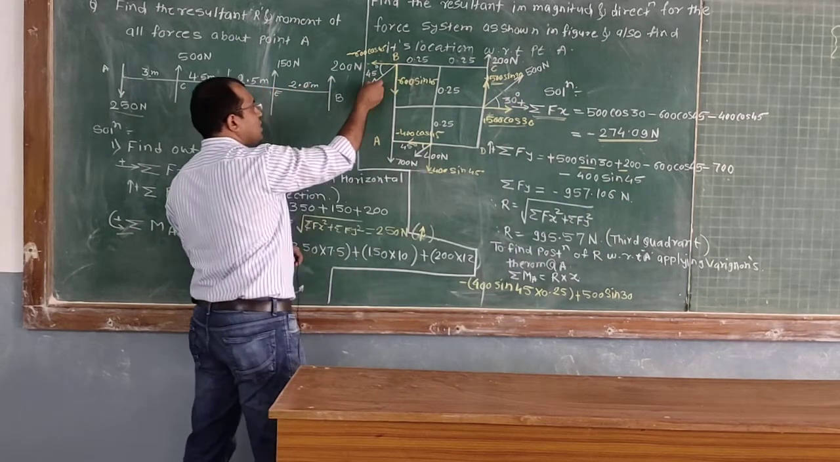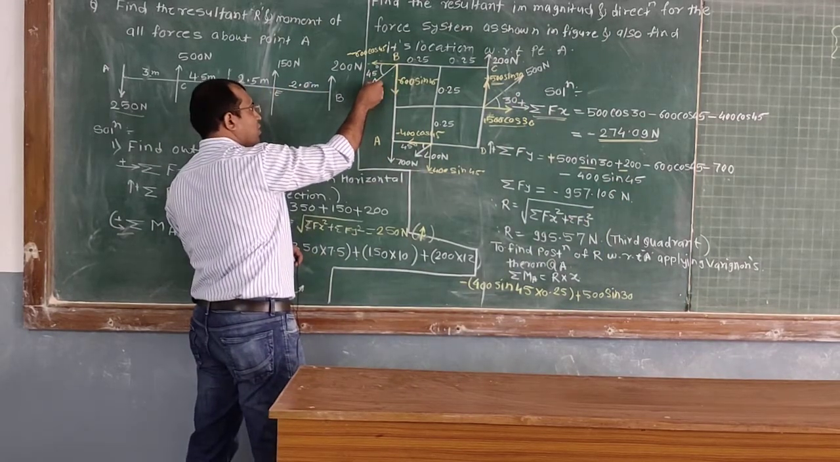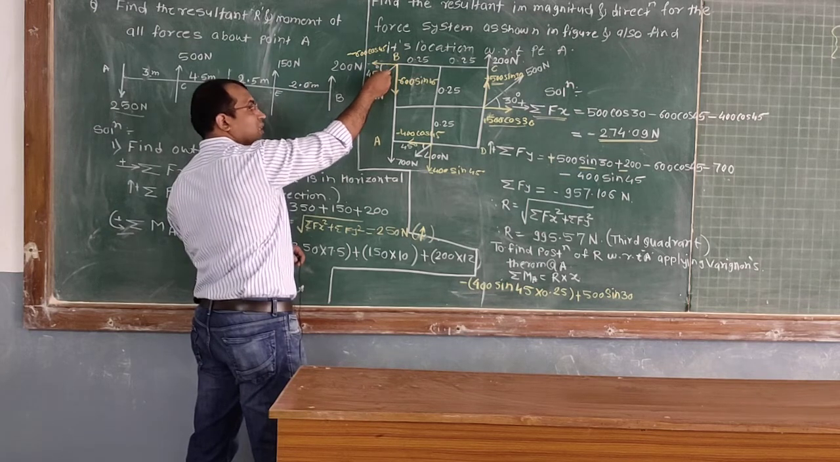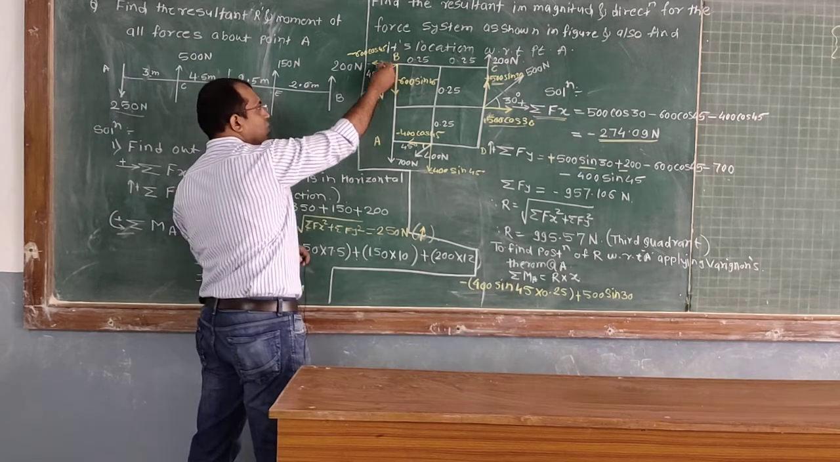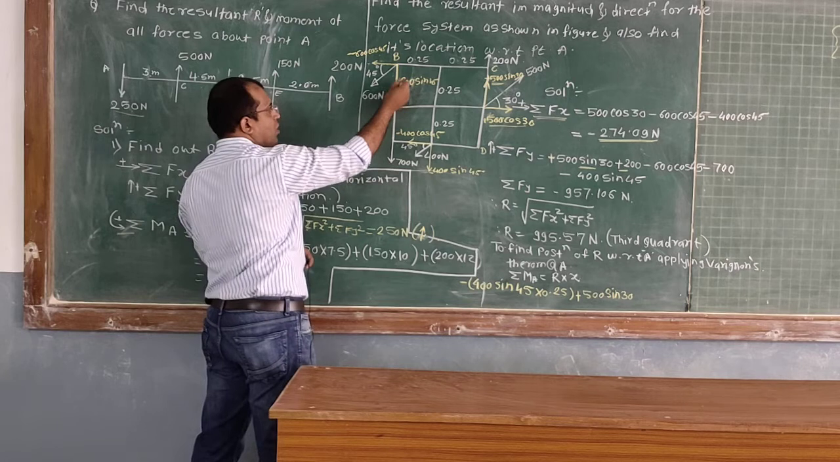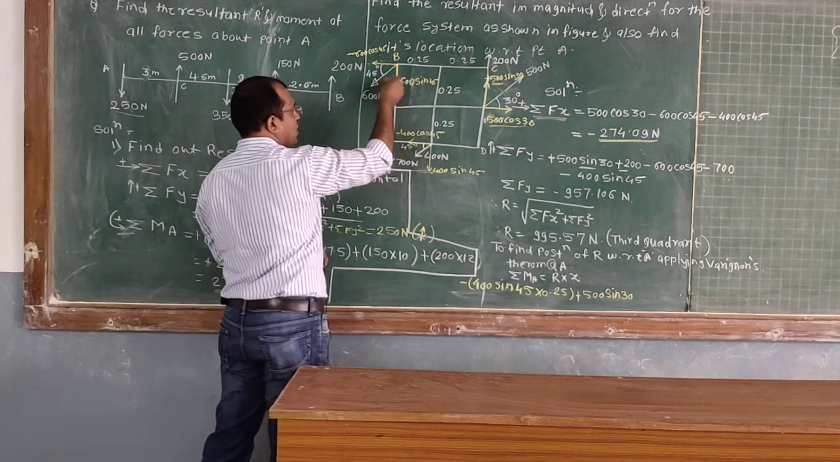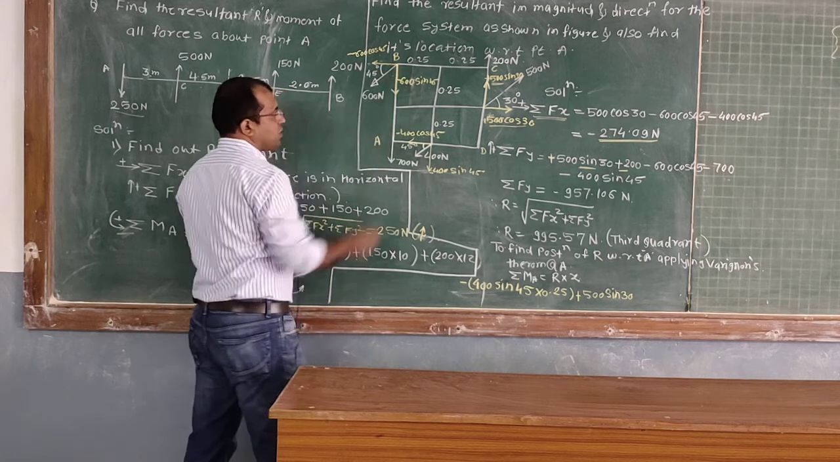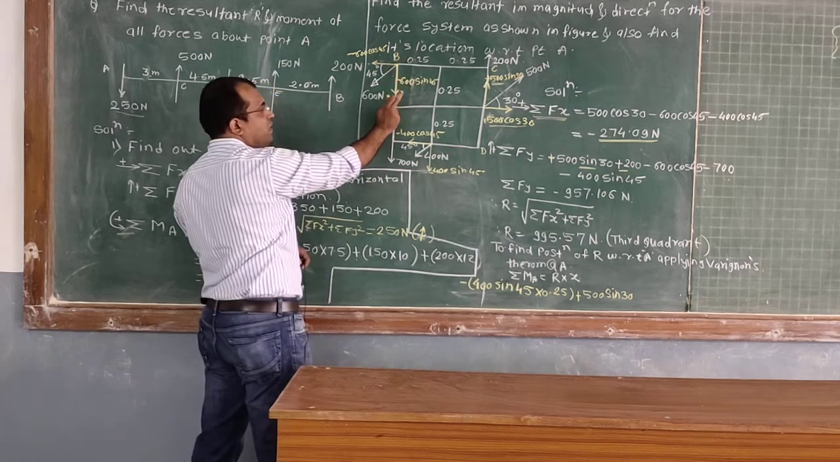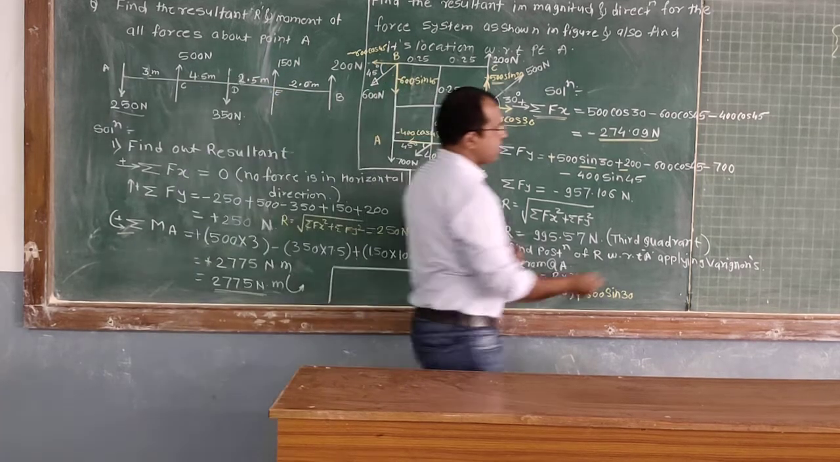Now the third force. This 600 Newton force makes an angle of 45 degrees with respect to horizontal, so we have to find its vertical component. What is its vertical component? 600 sine of 45. It is in the third quadrant, therefore it is negative. It is going in a downward direction, so its y component is minus 600